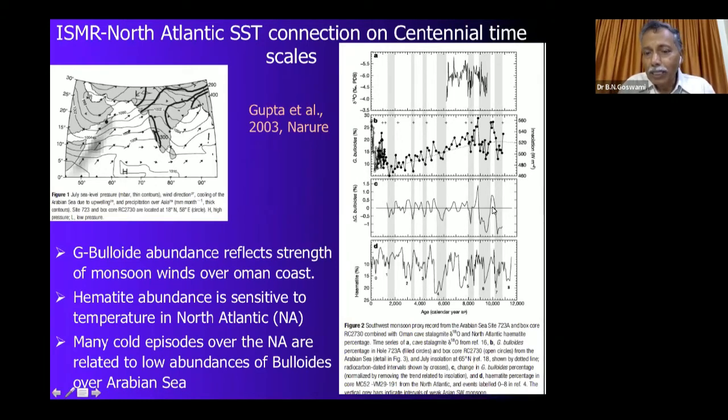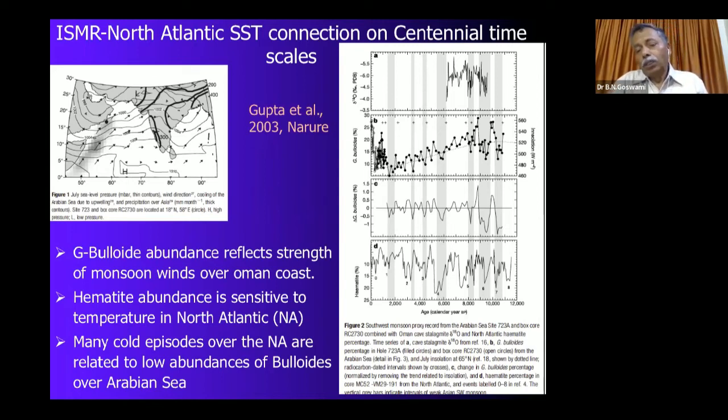Those seem to be quite strongly associated with similar variations of other organisms in the North Atlantic, which are also sensitive to temperature. So they have a similar association, and these fluctuations are on a centennial time scale. So there seems to be an association between these strong winds. Again, as I mentioned, the strong winds are related to the strong monsoons. We hope in these years now, and the stronger winds and stronger monsoon